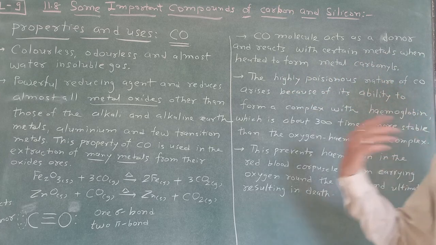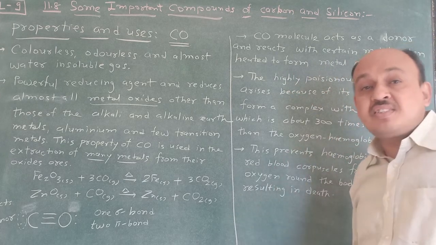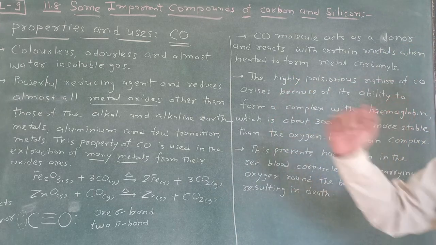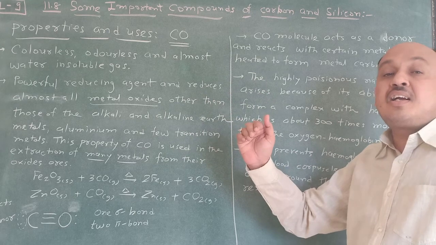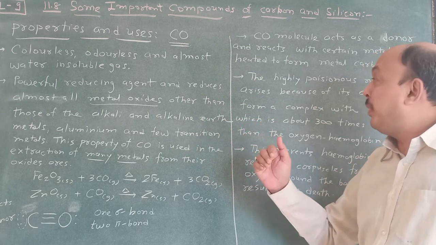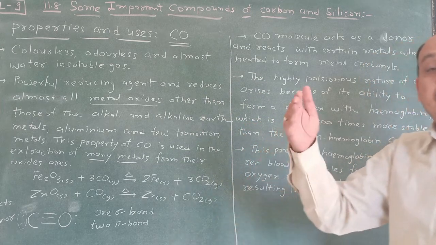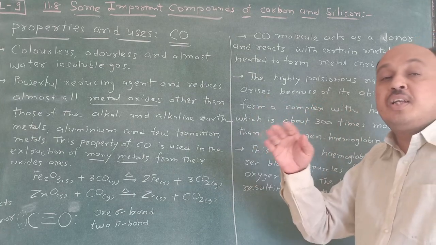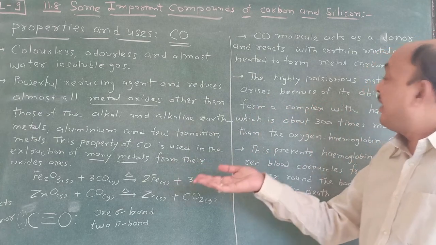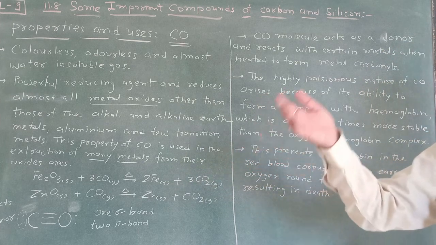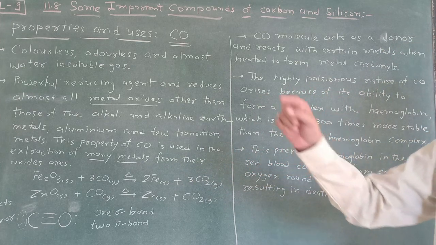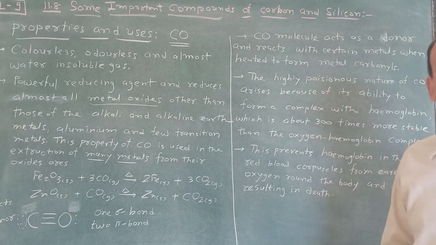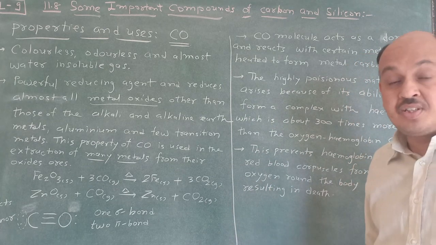carbonyls. That you have to learn later on, the Mond carbonyl process. When solid nickel reacts with 4 moles of carbon monoxide, it gives tetracarbonyl nickel(0). This type of complex is formed, and from this tetracarbonyl nickel(0), we once again obtain solid nickel plus 4 moles of CO in pure form. This is considered the Mond carbonyl process.